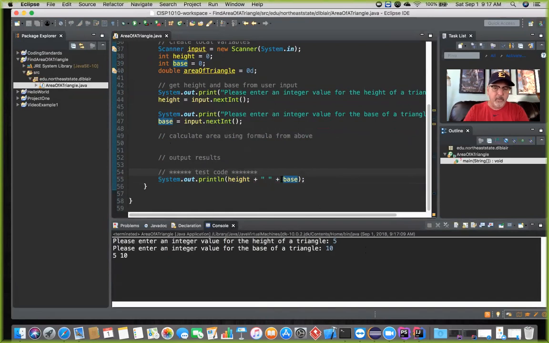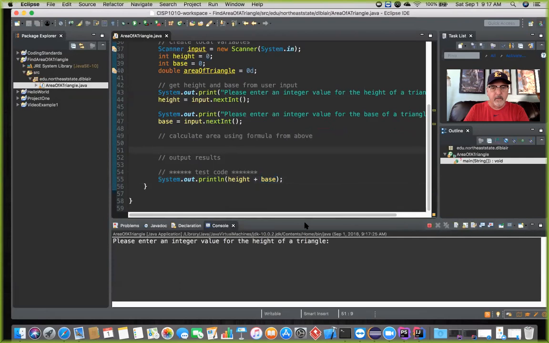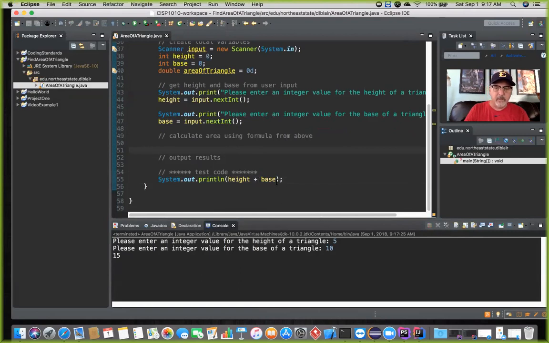Now what would have happened if I just wanted to show these without the string in between the two? Let's see, run this. Triangle height 5, base 10. The answer is 15. So it actually created an addition, not a concatenation of those two. Now that should give you a hint as to what's going on under the